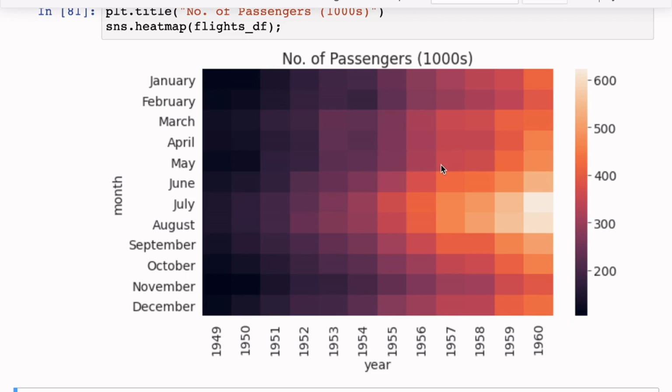Instead of the numbers, now we see colors. The darker the color, the lower the number. You can see the legend here on the side, the strip. It tells you that the darkest color, black, is closer to, let's say, 100 passengers, whereas the lightest color, a very pale color, is about 600,000 passengers in thousands.